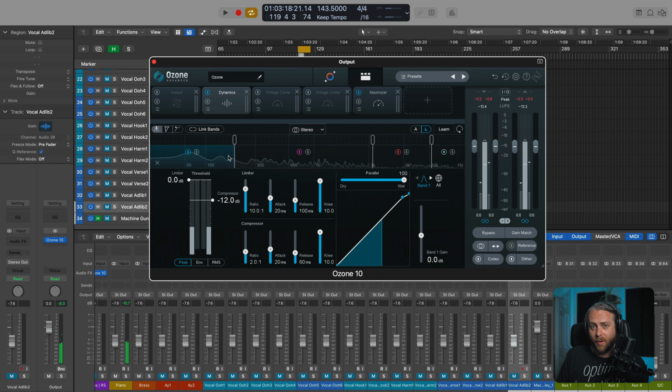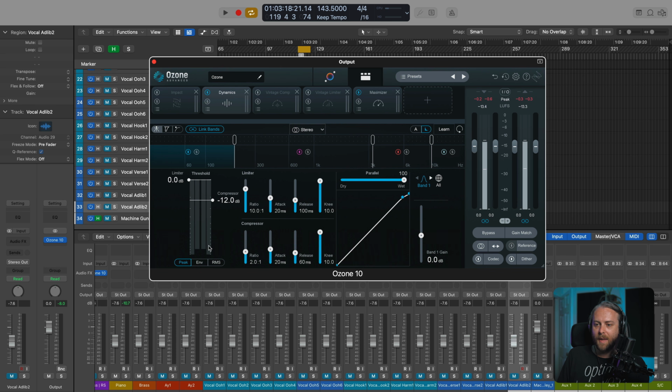So a compressor is a compressor is a compressor, right? We have these bands, and depending on where you're clicking, you can see the colors change. Blue for the first, purple for the second, or pink, red, and then a light blue over here for the fourth. If I want to, I can link all the bands together.